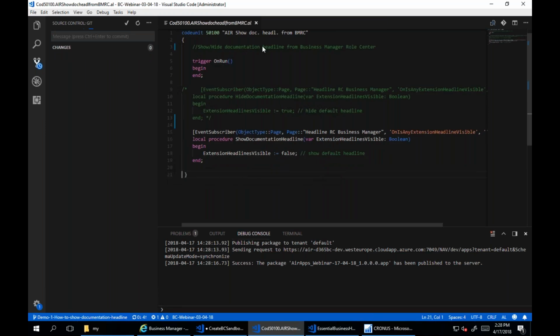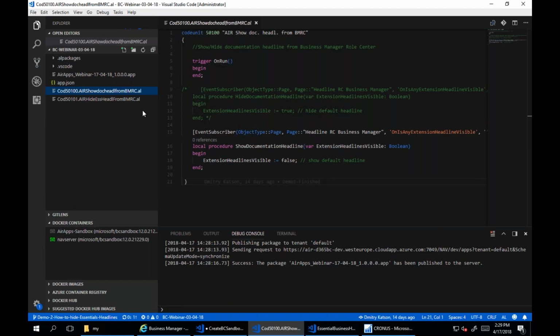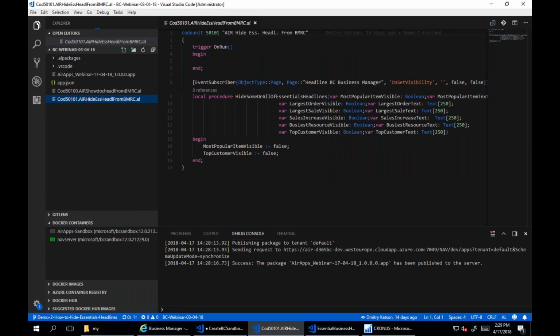Second demo. With the second demo, I will show you how we can extend standard Business Essential headlines in such a way that we will hide some of these headlines. And to do so,